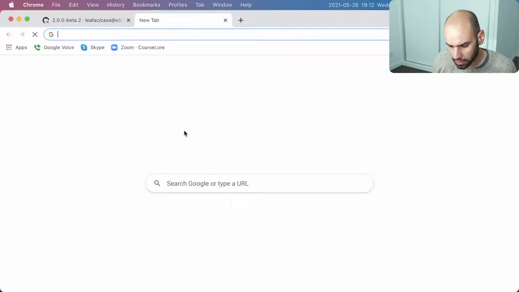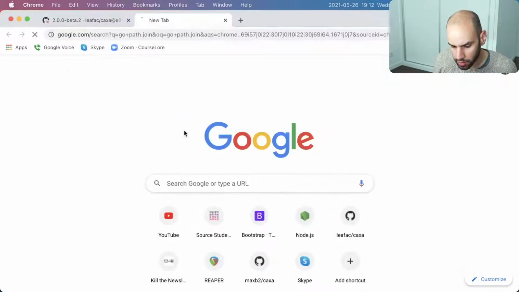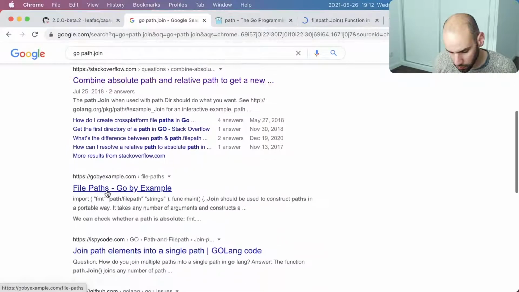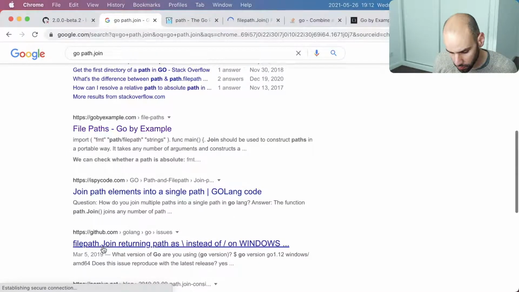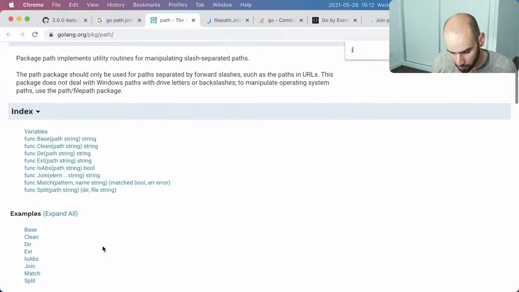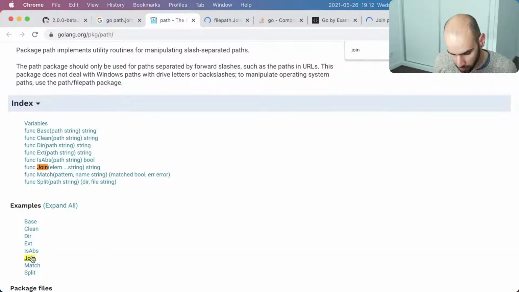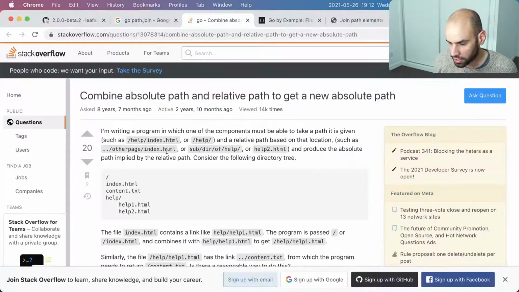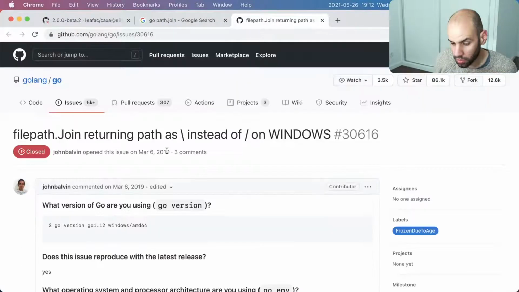I would like to see some examples of Go path join to see what people do. Yeah, so in the Go documentation, they are using a slash, so I will use a slash as well, which matches nicely with the path join available in Node.js.